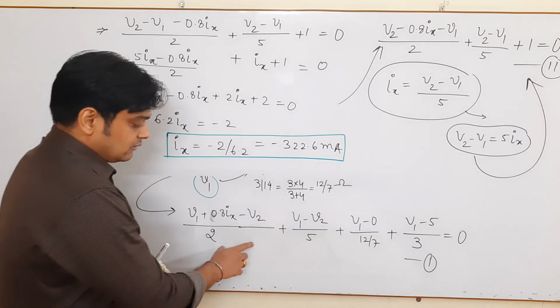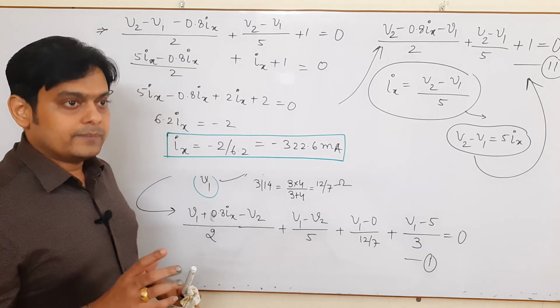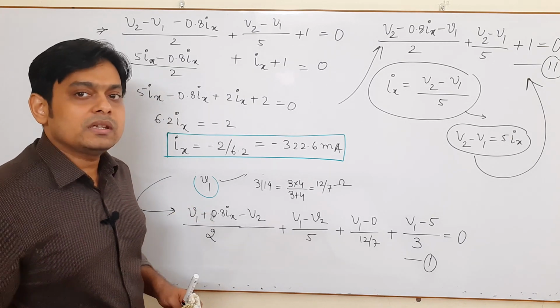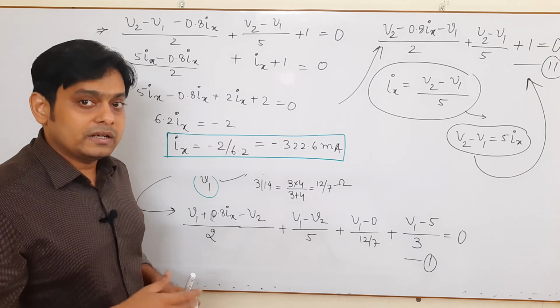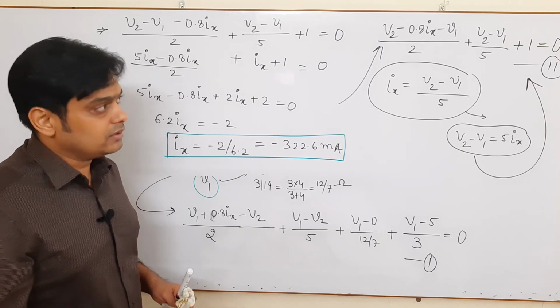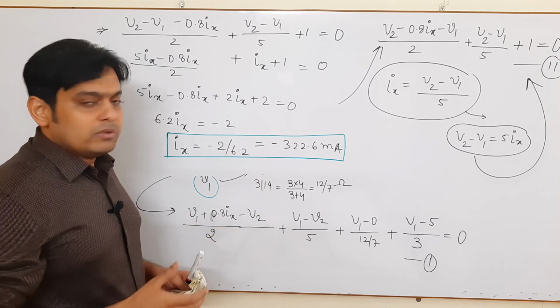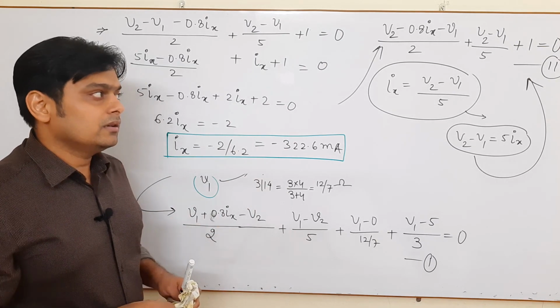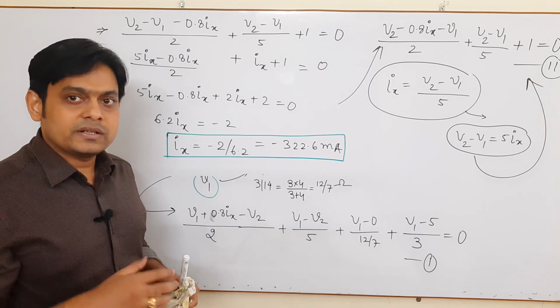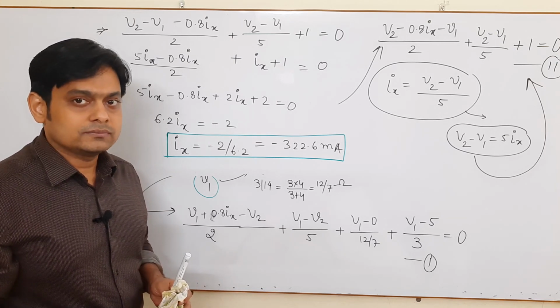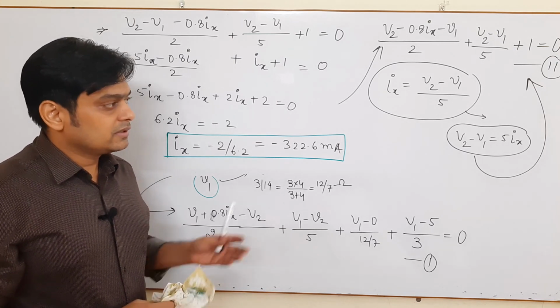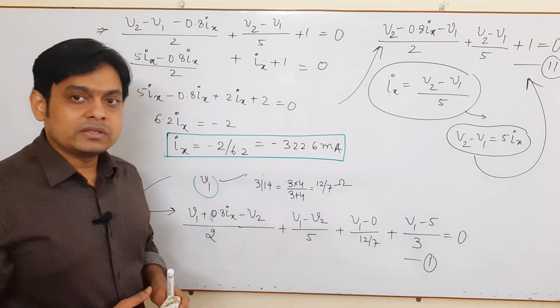Okay, so this equation basically helps you understand how we have applied the KCL law at nodes in different types of situations, and with this equation we understand that by restructuring the equation one can find the value of either current or voltage, whatever is required. So this is all about Ix. We'll move on to the next problem.